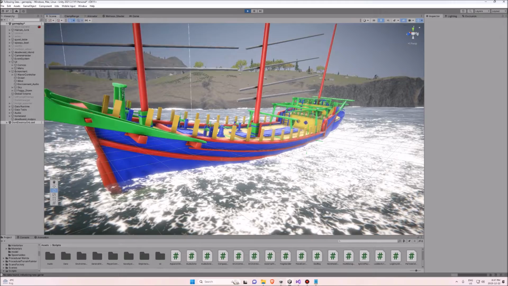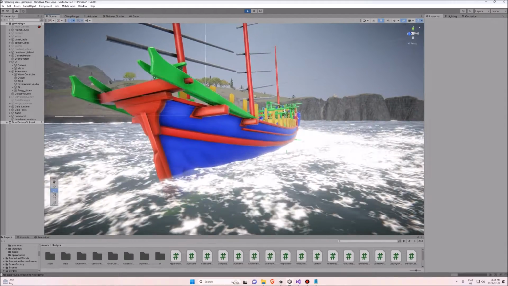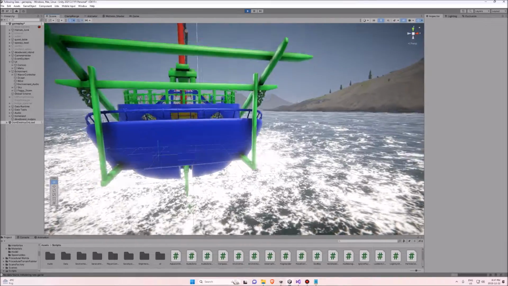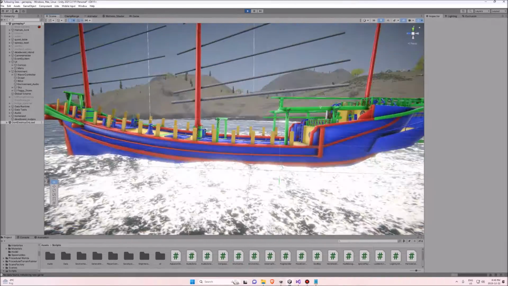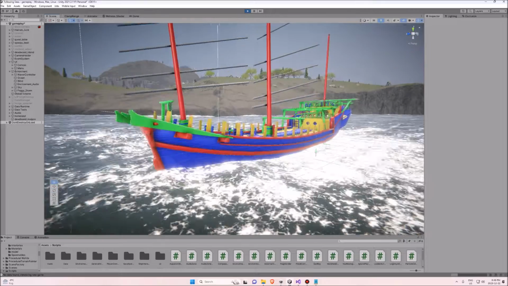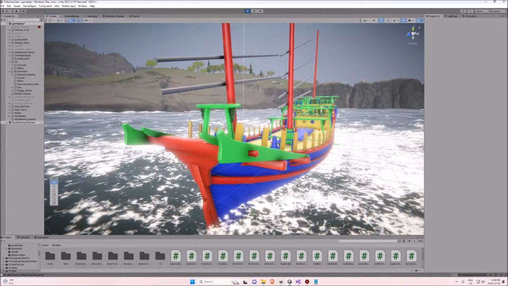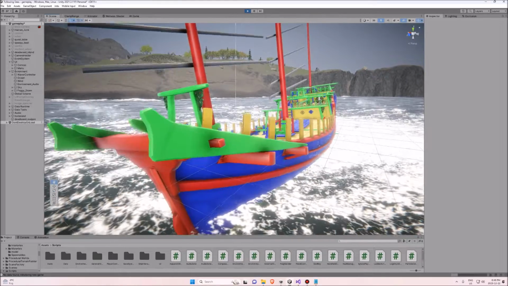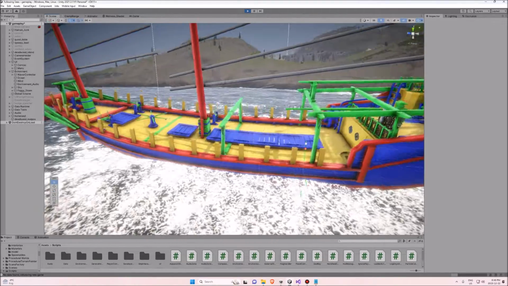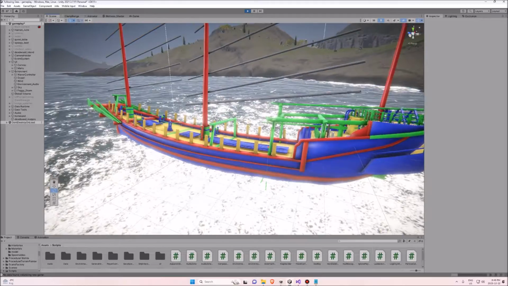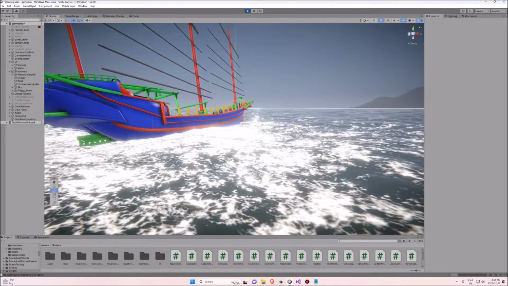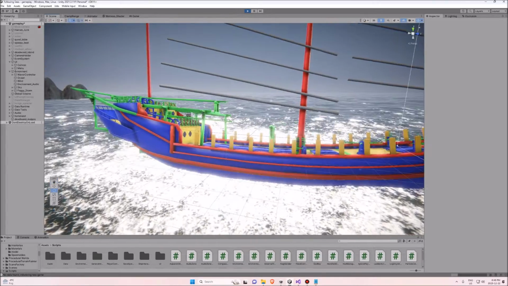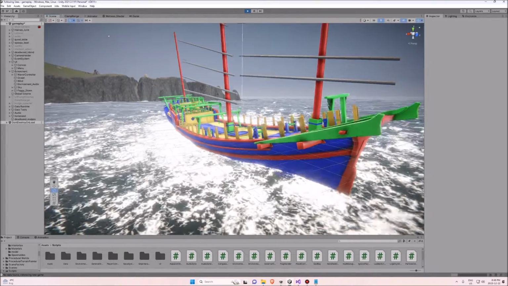If anyone's wondering exactly why it's like that, it's just while I'm in progress with the models, I tend to make them horribly gross bright colors simply because it helps to tell the parts or the individual components apart while I'm working on it. Obviously the ship will not be this colorful when it's complete. So I've put the Setia on hold for now, mainly because I find it is too